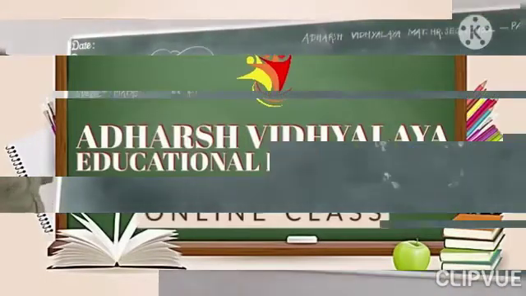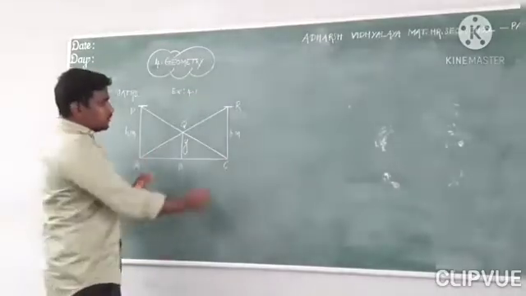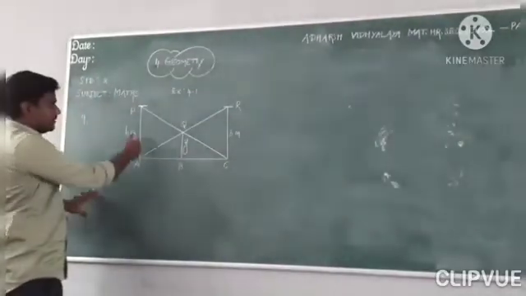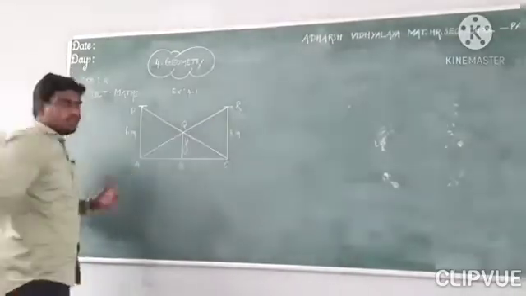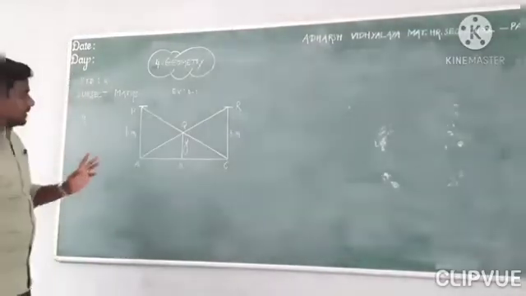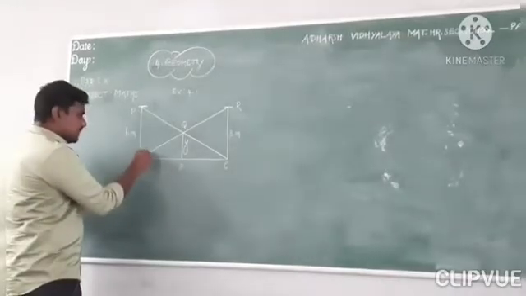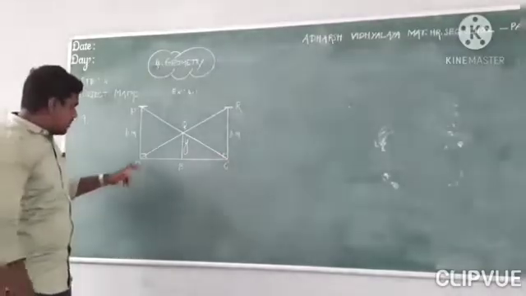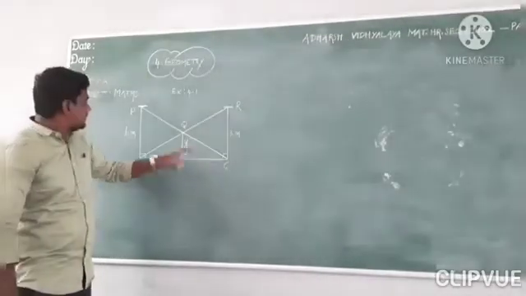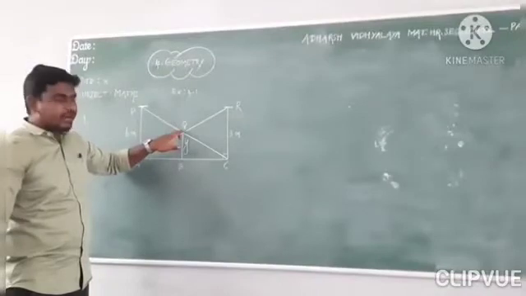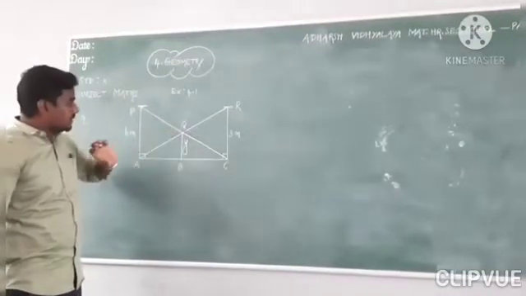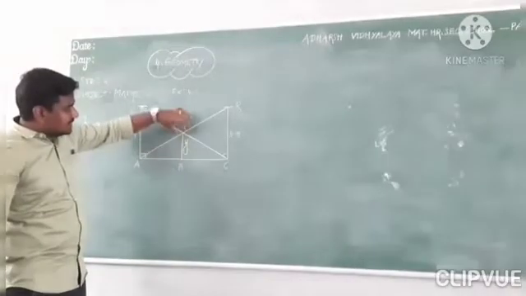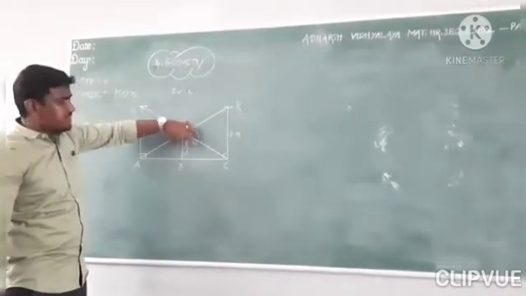Question number 9. Two poles, namely RC and PA, or we can say AP and CR, are standing. Both angles are 90 degrees. If we join A, R and C, B, they intersect at the point Q. If you join B and Q, let us consider the distance between B and Q to be Y.